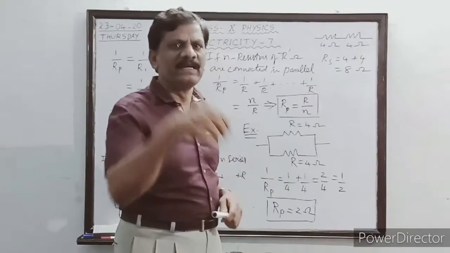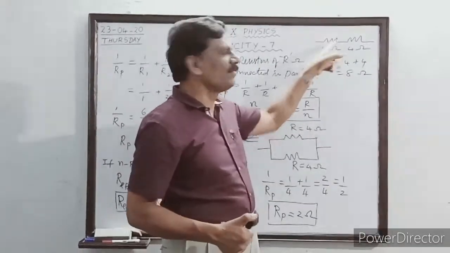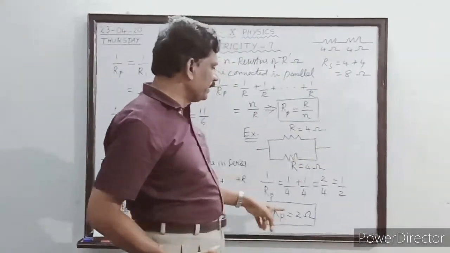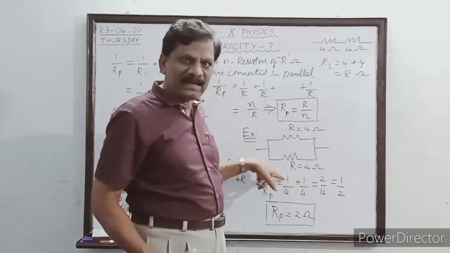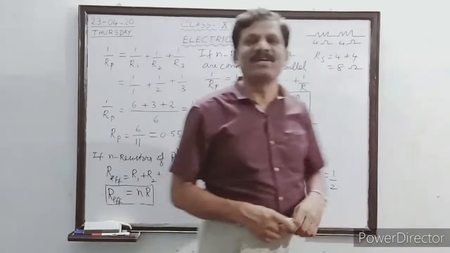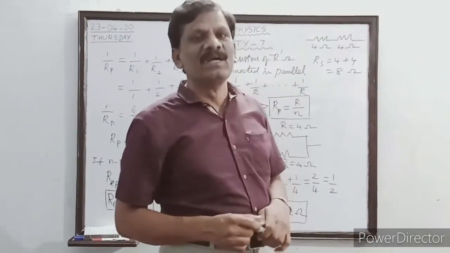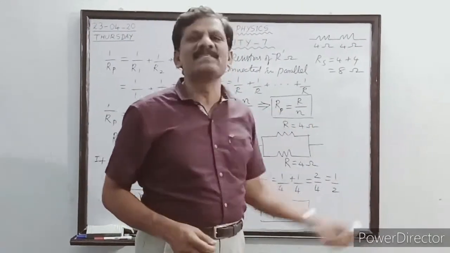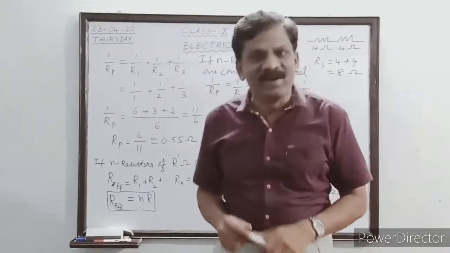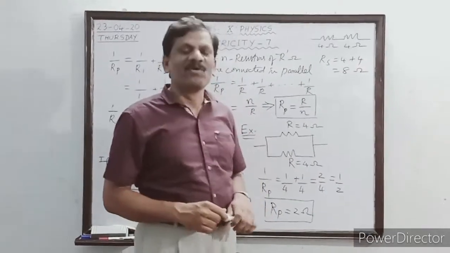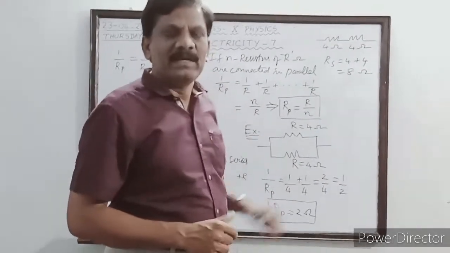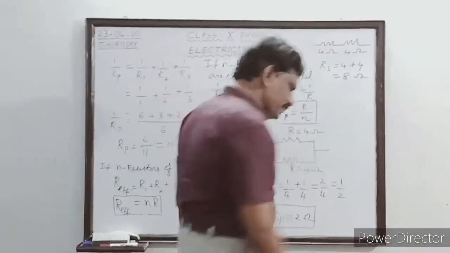So here we find that in series, it is double that of the single resistance, and here it is half of that of the single resistance. So these are all some shortcuts for competitive examinations. Before getting into the next sequence of problems, did you all understand? Okay, I hope you must have understood. Now let us go to the next sequence of problems.